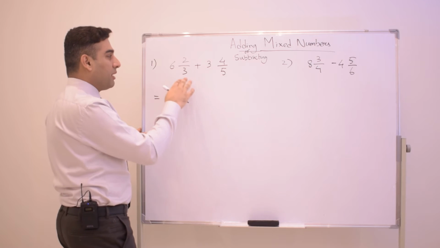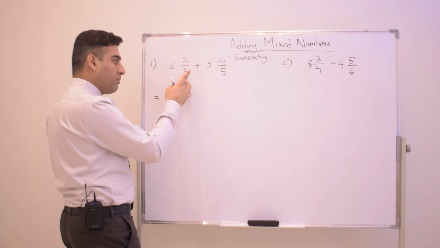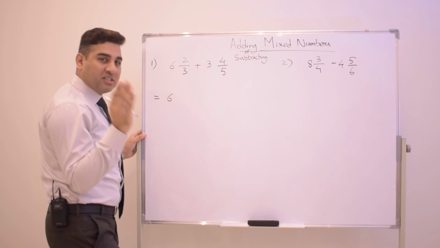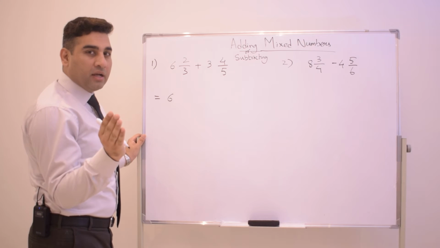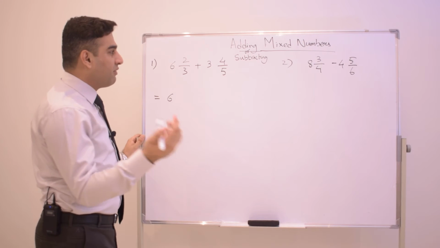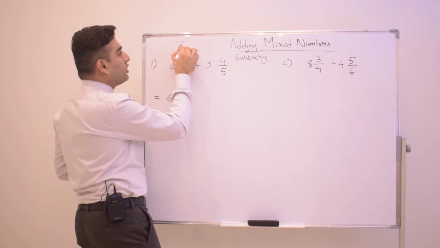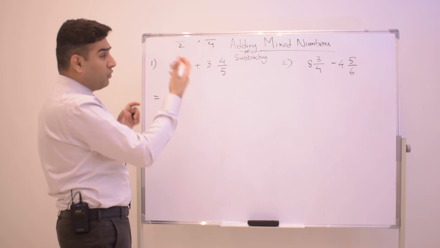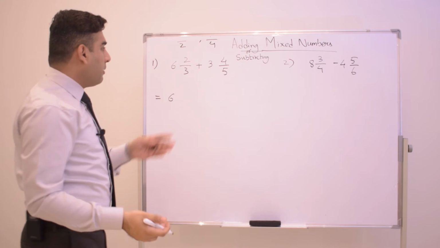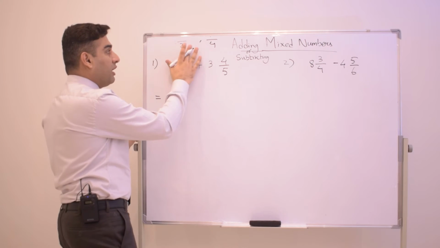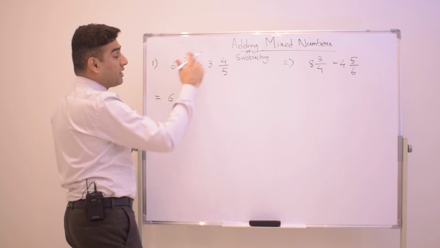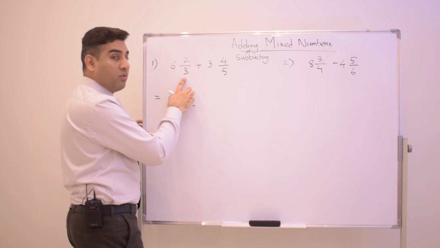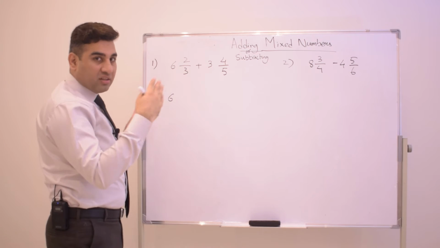How can I make them the same? Simply, guys, if you multiply this number here and here, and this number here and here, you get the same denominator. This is a simple way. If you are not getting how we can make the numbers the same, for example, if I have a denominator 2 and a denominator 4, how can I make 2 into 4? It's simple, 2 times 2 is 4. But in such a case as 3 and 5, where we know that 3 cannot become 5, it's very simple: just multiply this number over here and this number over here to get the same denominators.